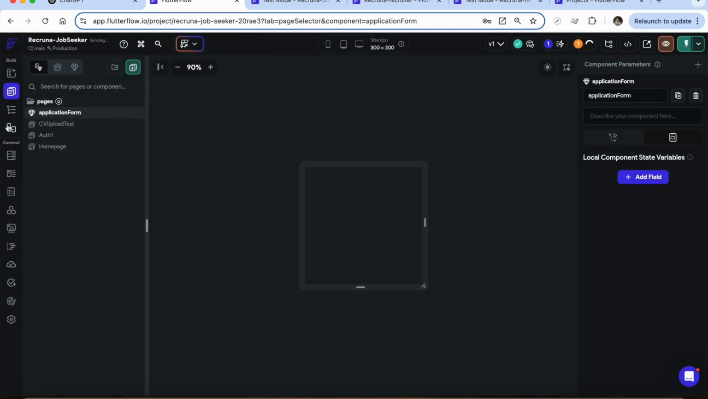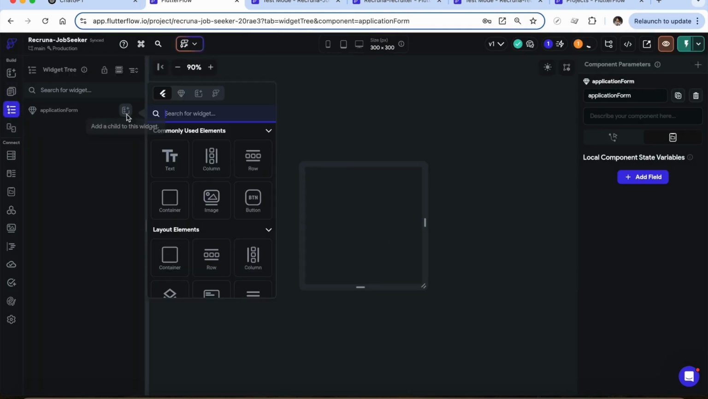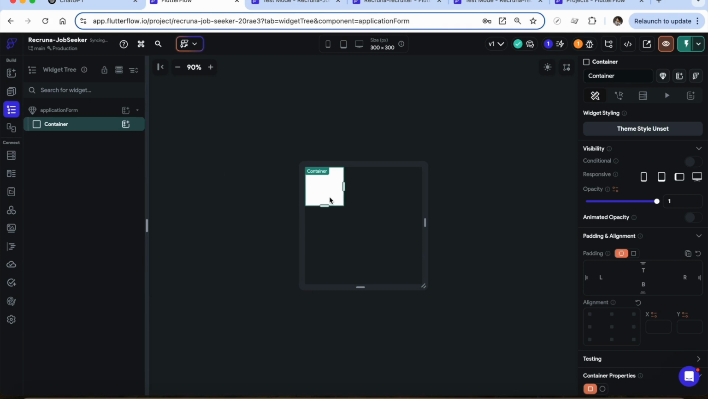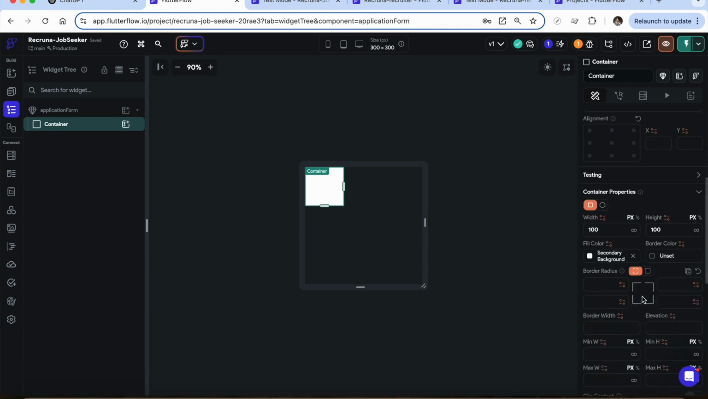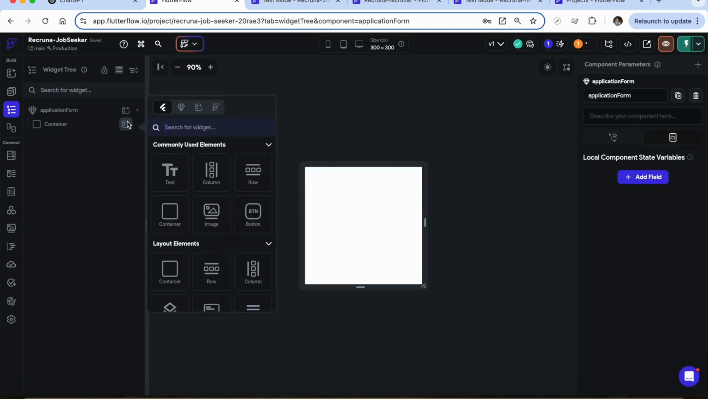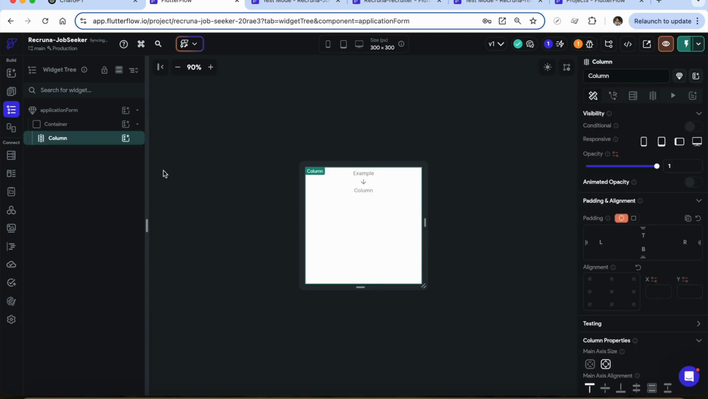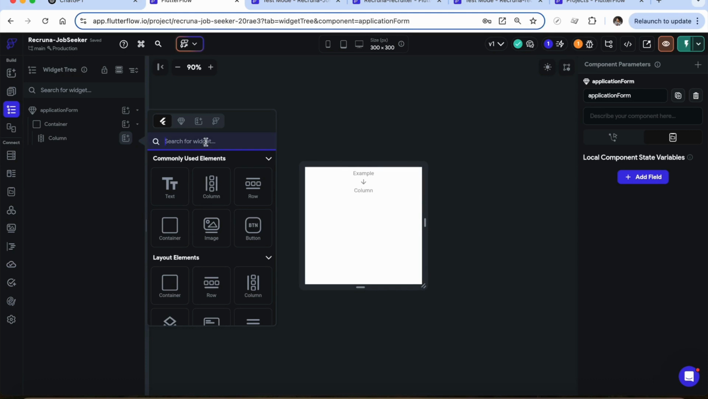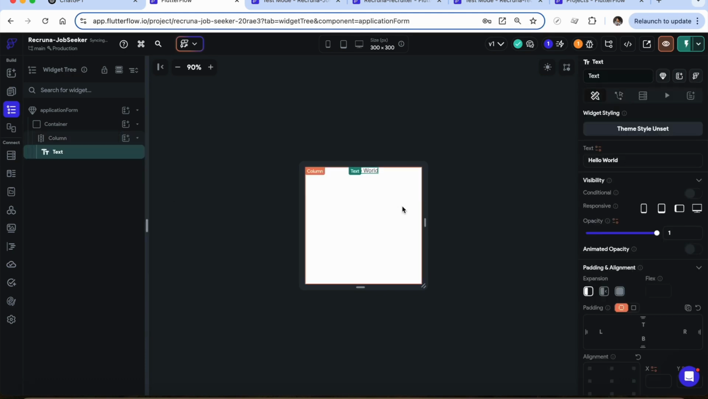Create component. Now I go to this widget tree, I add a container over here, and in this container I will expand to 100% width and height maybe 400, and we'll see if it fits properly. We'll add a column to it, and in the column we are going to first give a header which is job application form,